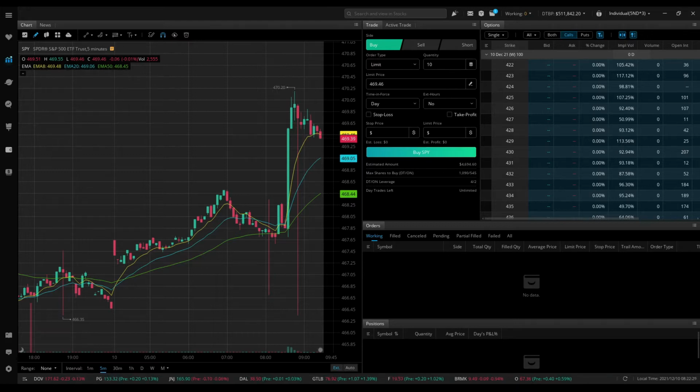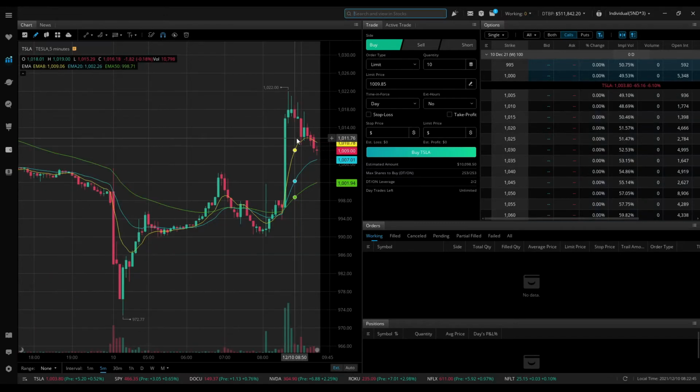All right, today SPY is on an uptrend. That's really a good sign. And pre-market, I'm watching Tesla. Tesla would be my primary watch for the day. It's currently holding the trend. I would like the stock to break the pre-market high of 1022, show some strength, and then I'll be interested